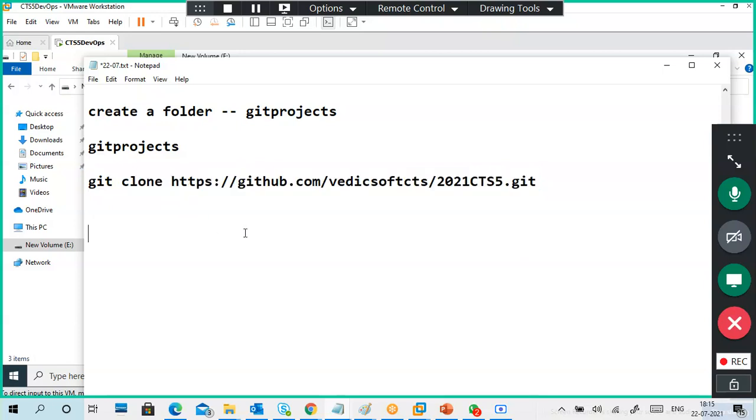First you do this one, later you can do it on your own. Anyway, you are doing it in a virtual machine, no problem. Git clone means the folder will automatically show in your main folder like this.